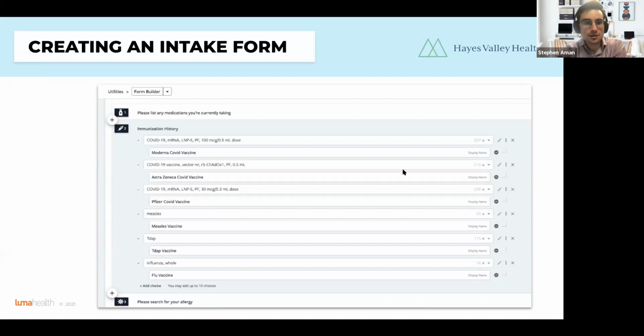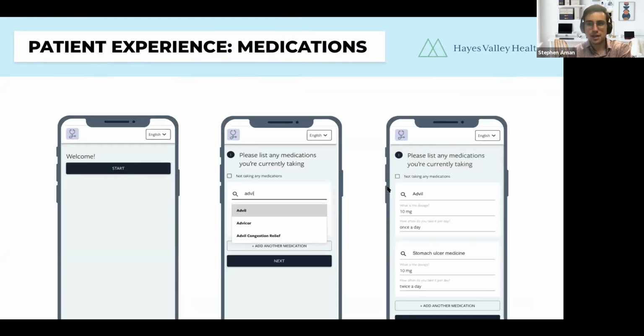But just showing these here. So this is the actual form editor. You can see we have some clinical names and patient-friendly names. And we'll actually show what searching the database for these clinical names looks like in a second. You can do it by both the code and the name, but I'll wait to actually show that to you